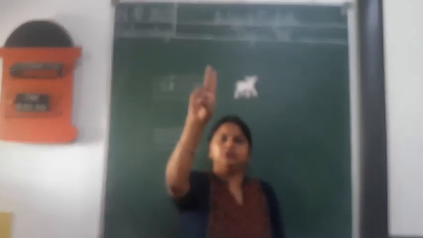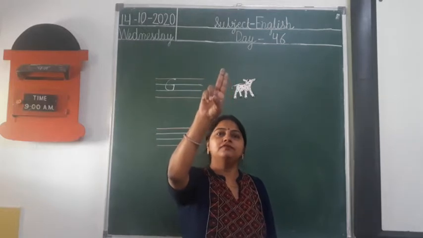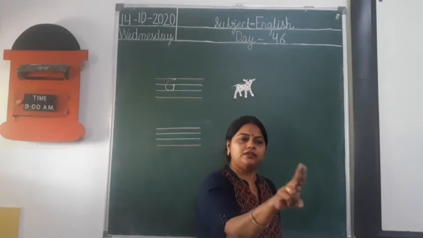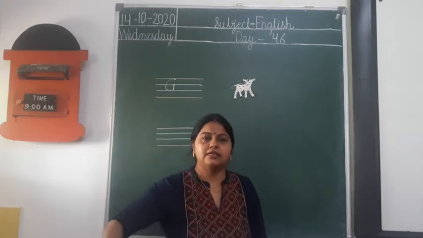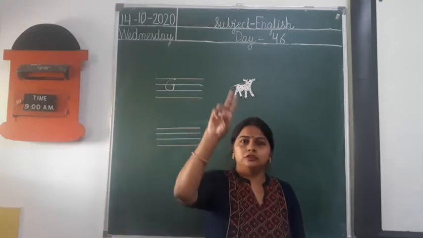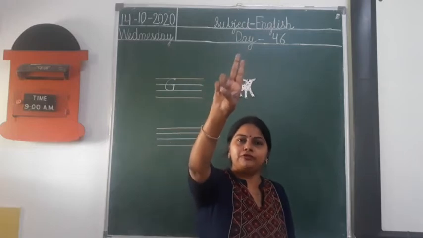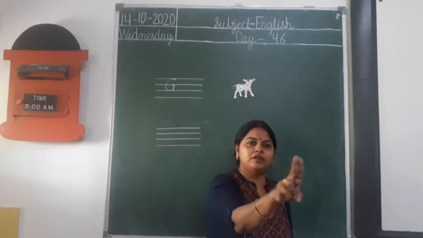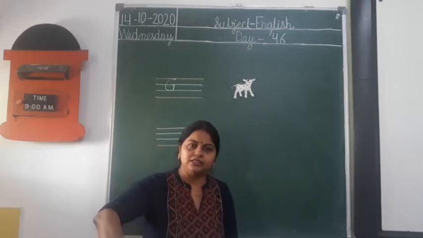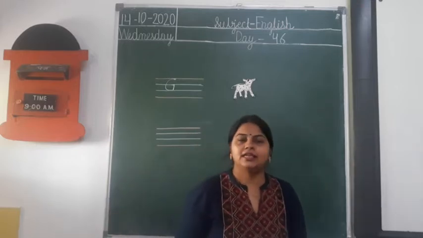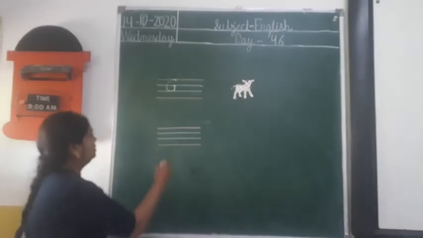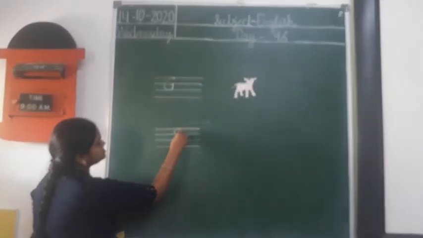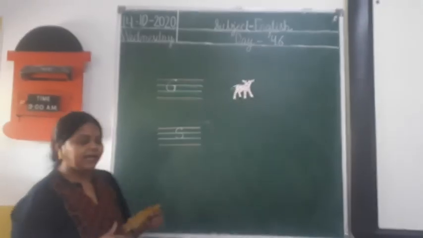Now, show me your two fingers. Now, make up like this. Now again, do like this. Letter S. Again, show me your two fingers. Priya, all of you, show me your two fingers. Now, make up like this. Now, we will go opposite like this. This is letter S. Letter S. S for sun.